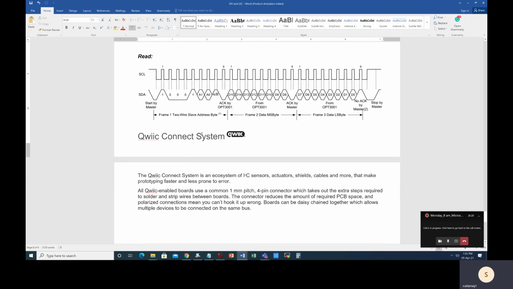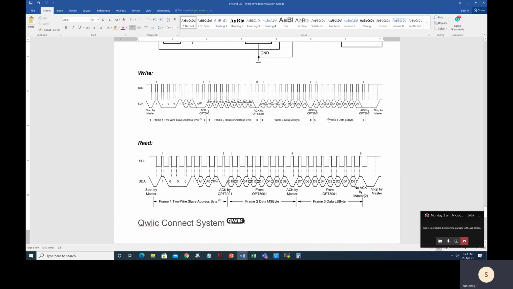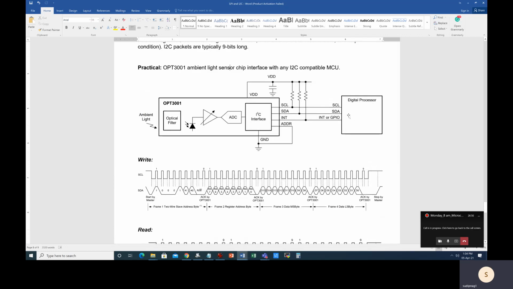Now a modern version of I2C has come, which is called Qwiic. It is a quick connect system. The quick connect system is an ecosystem of various chips and solutions, such as sensors, actuators, different types of Arduino boards, different types of cables, which helps developers to prototype with I2C faster. Because programming this kind of thing is easy, but not straightforward, because you have to keep track of so many things, unless you have a very intelligent processor or the module itself is intelligent.